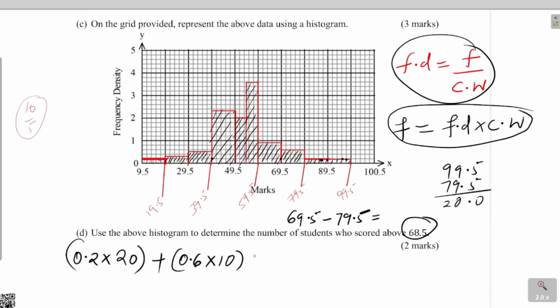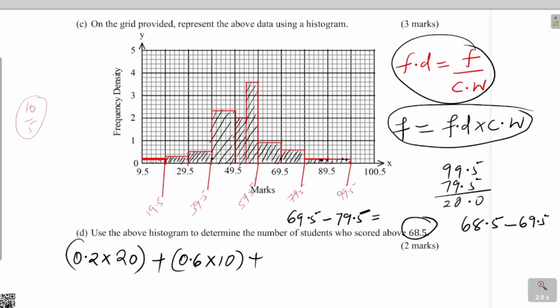Lastly, we have now worked up to this point, 69.5, but we need 68.5. So the remaining part is from 68.5 to 69.5. So we need to get that range. That is what is remaining now, and that is what we need to know, the number of students. That one falls in this class,